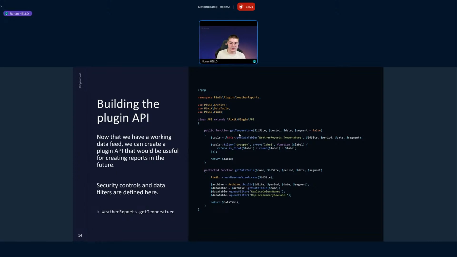The only thing I've done here is to add a filter for some of the dimensions I have in my plugin to group data by float. So I rounded float values like 2.5, 2.7, 2.8. We don't need that accuracy. So I round all of the data to match 2 or 3, depending on the nearest integer. So here I'm just rounding all of the data that's been stored in the weather temperature reports. So it will group data, and you will have more readable reports.